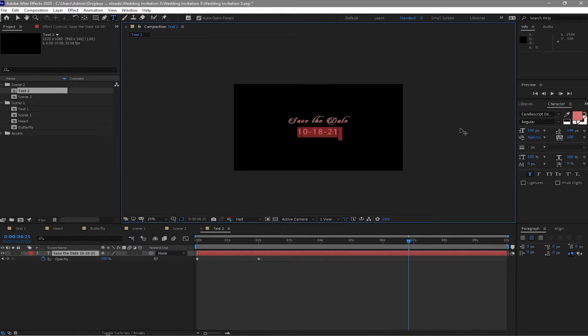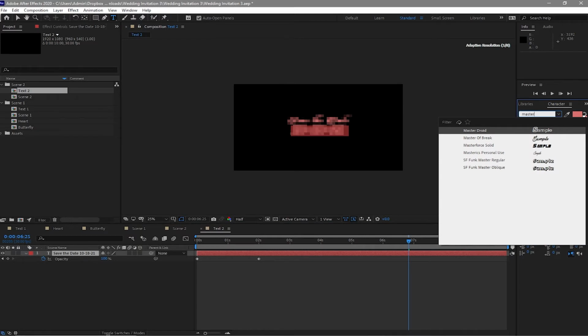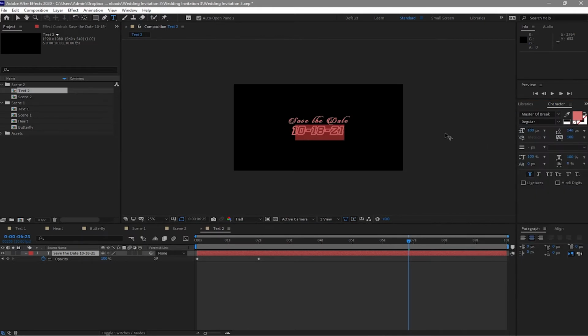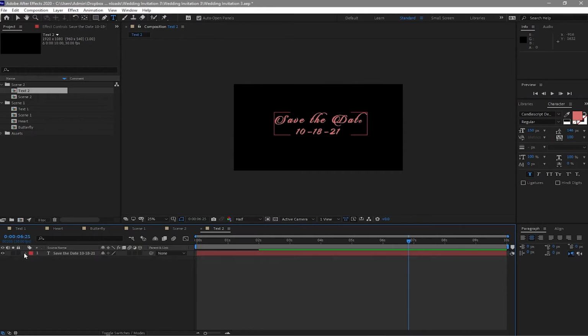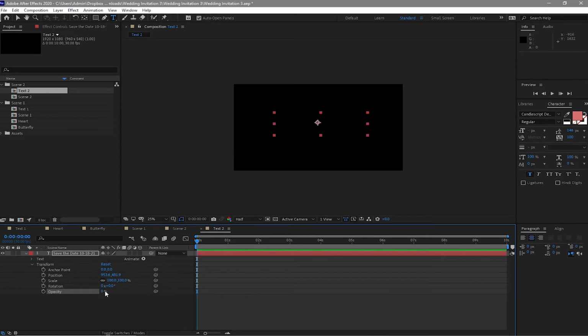and then highlight this one. So this one I'm using master break font, and the other one, which is the save the date, just the same candle script font, but I will just change this font to about 150, and then go open this one up. Put my playhead on the start, and I want this opacity taken out, and I will move this up a bit to 100%,